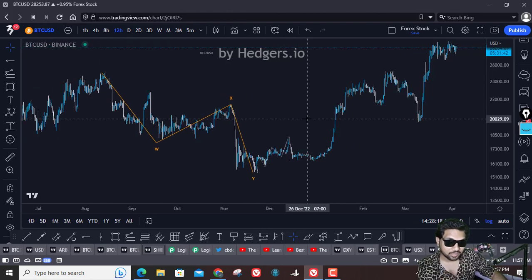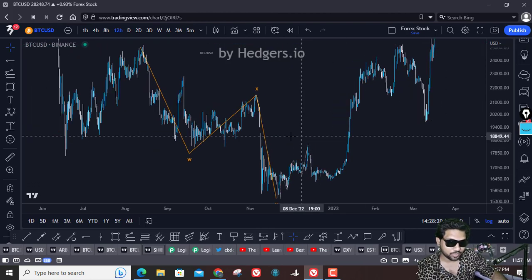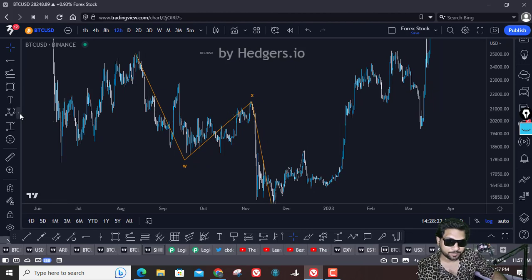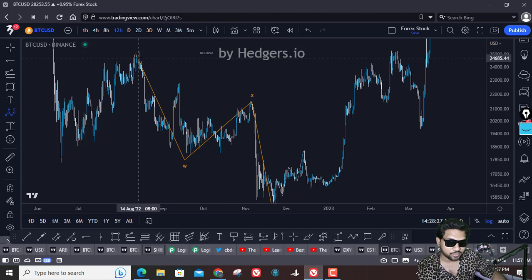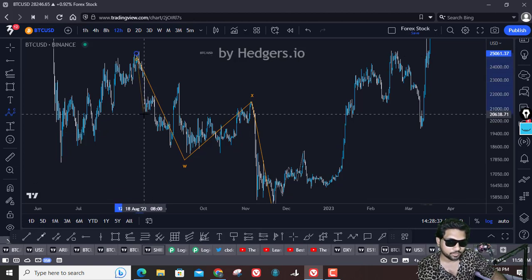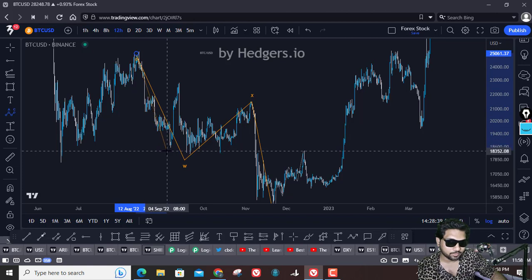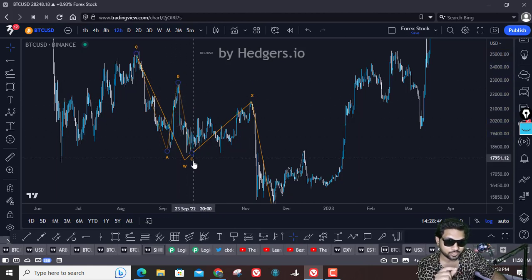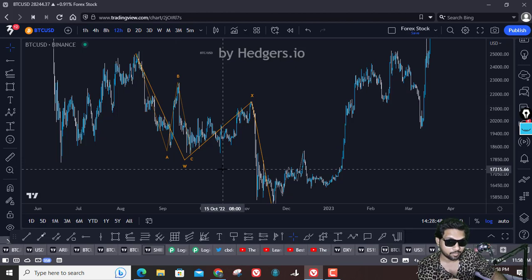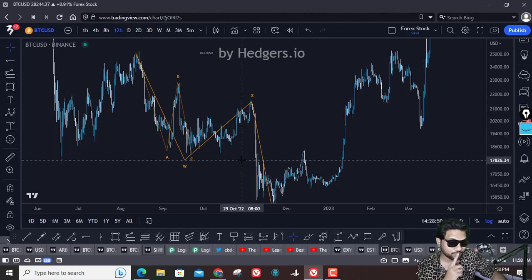Now the count subdivision of this WXY could be typical and could be complicated for you, but we'll try to make it easier. Like a 3-wave down, A, 1 2 3, and then B, and then C flat. Okay, that is your flat ABC. The flat, remember the flat. If I can show you the flat